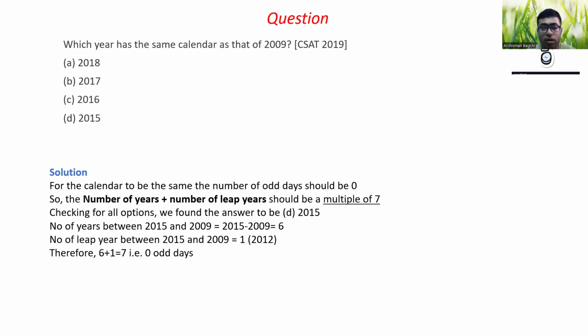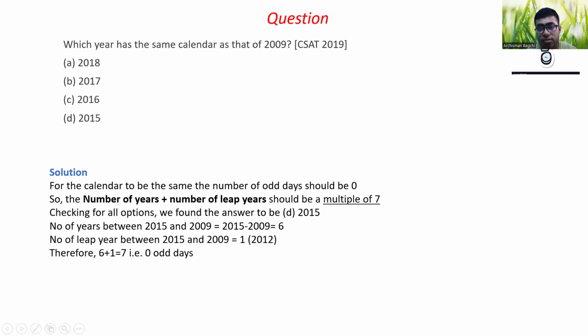तो ये चीज हम यहाँ पे यूज करेंगे। हम ऑप्शंस से देख देख के चेक कर लेंगे, ऑप्शंस ओरिएंटेड क्वेश्चन है। पहला ऑप्शन देखते हैं, 2018 और 2009। तो 2018 में से 2009 को माइनस करेंगे, कितना आएगा? 9 साल। और आपको लीप ईयर भी देखना पड़ेगा क्योंकि लीप ईयर में 2 ओड डेज होते हैं। तो प्लस लीप ईयर ऐड करना होगा। इन दोनों में कितने लीप ईयर हो गए? 2012 हो गए, 2016 हो गए, 2 लीप ईयर्स। तो 9 + 2 = 11, 7 से डिवाइड करो, 4 ओड डेज आ गए, तो ये आंसर नहीं होगा हमारा।